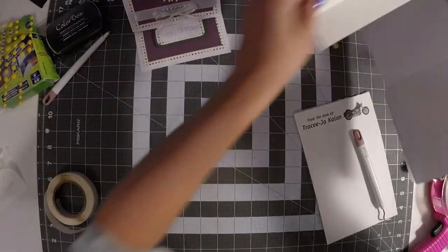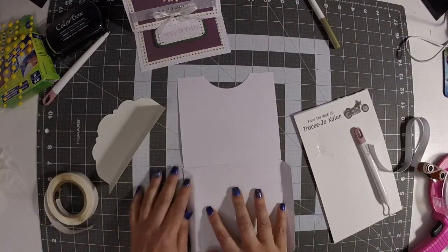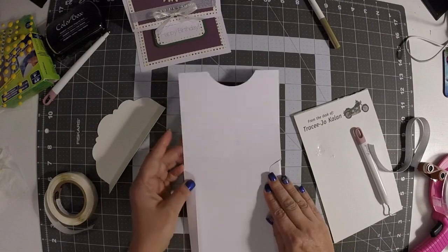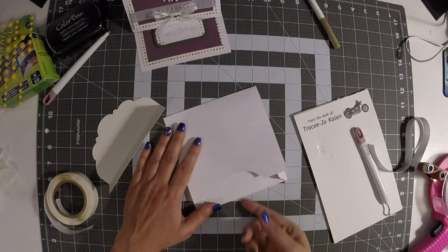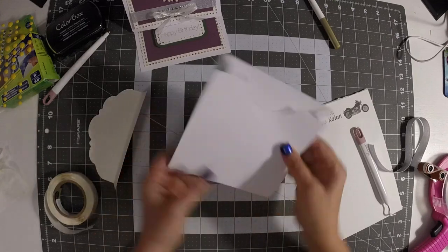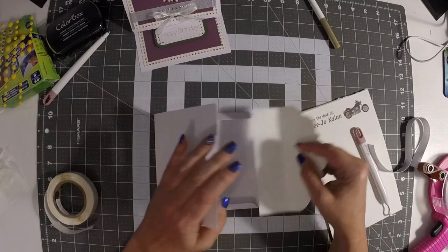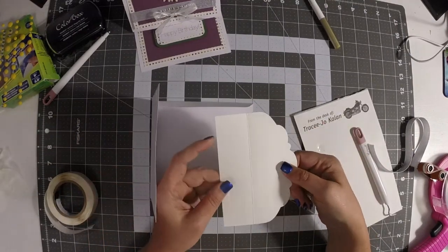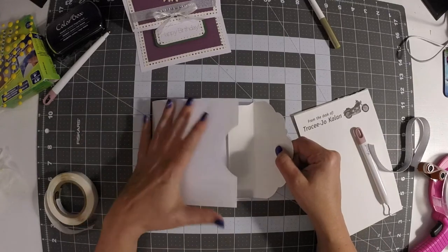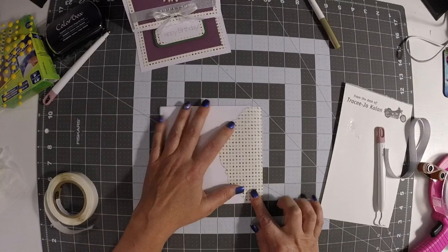So what I'm going to do with this is with two pieces. I already had pre-scored it, so the sides fold in, this folds down. There's the little area that I told you that I leave, so it's easier to pull out the paper. Okay, and this is the inner piece. So you could do this two ways. You could line it this way and have the back showing, but I think I'm going to do it the other way. So when I glue it in and this folds down, it'll look like that